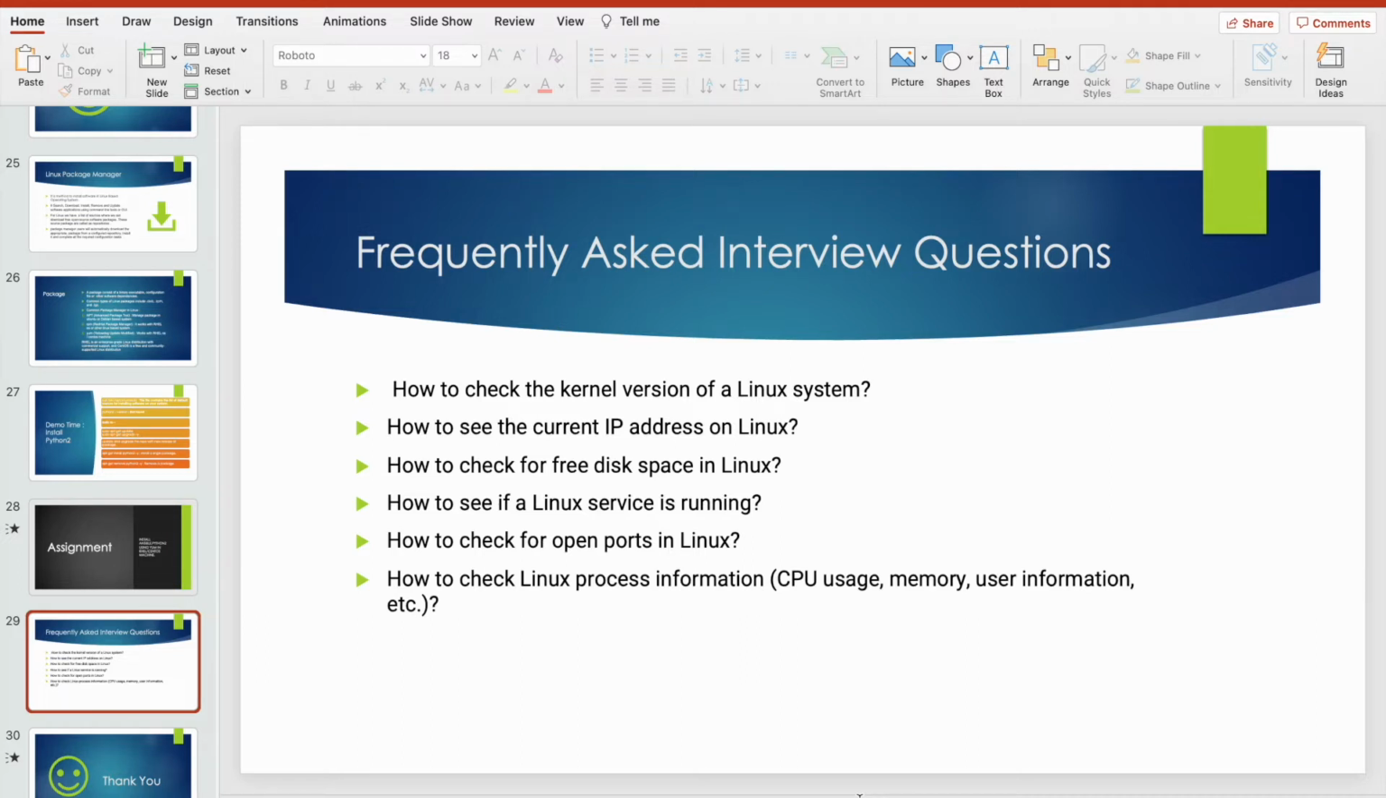So the first question is how to check the kernel version of a Linux system. So what is the Linux kernel? It is actually the main component of the Linux operating system and is the core interface between computer hardware and its processes. Now how to check the kernel version of the particular machine which I am